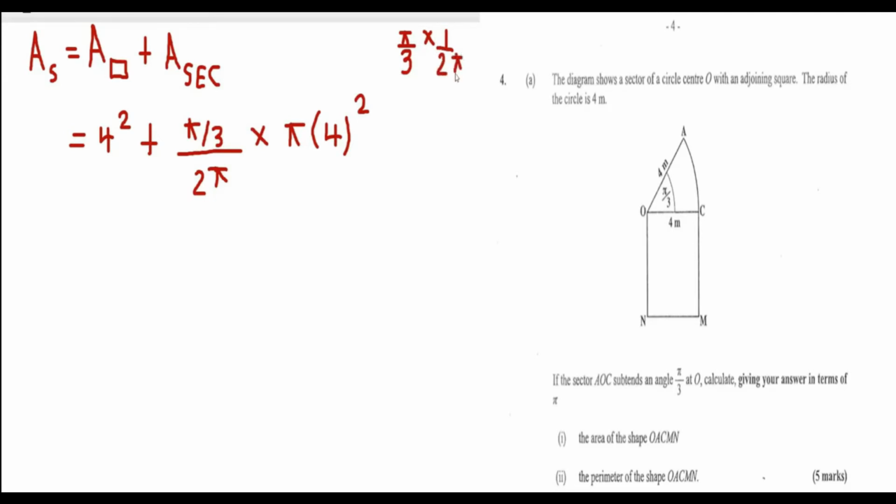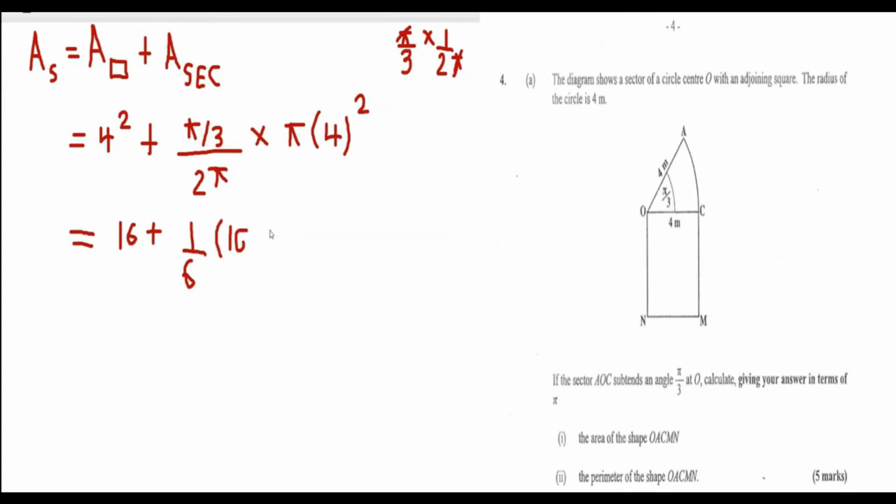And so the pi's in reality cancel, and it works out to be 1 over 6. So this works out to be 16 plus, now pi by 3 over 2 pi, as I said, that's 1 over 6. That's 1 over 6 times 4 square, which is 16,